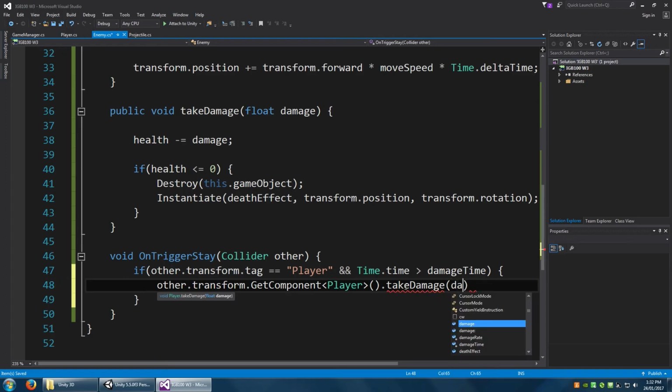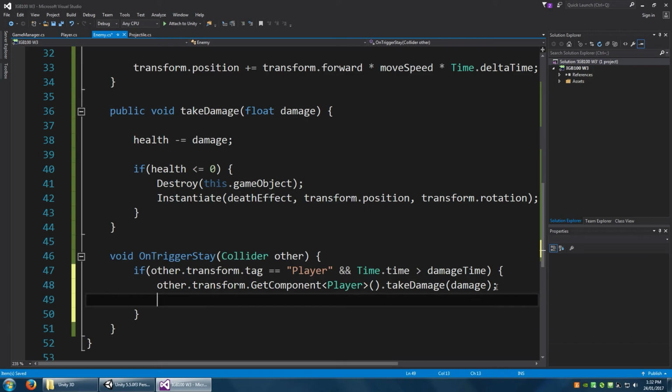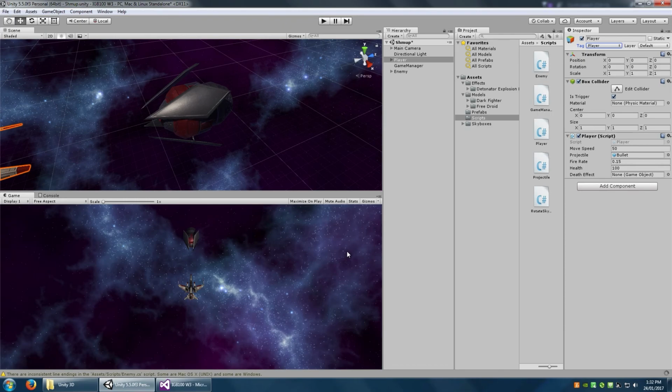What is that damage? Damage. And finally, at the end of this, let's increase the damage timer so that we aren't doing damage every frame. And that will simply be Time.time plus the damage rate. Now, there are a few ways you can do timers here, but this is generally the most straightforward and works about the same. So saving that, if you go back into your game now,